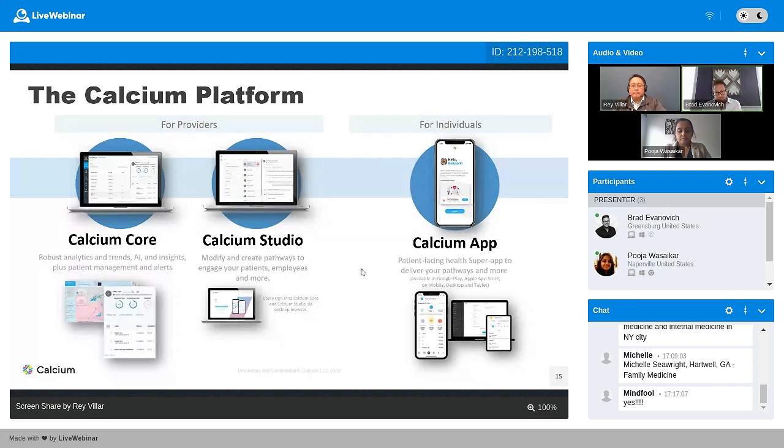So your standard, more traditional blood pressure devices, weight scales, glucometers, peak flow meters, just to name a few, but also your wearables, your Apple Health, your Garmin, your Fitbits, all coming into a smartphone environment and coming back into Calcium Core so that you and the patient can discuss what is best suited for their treatment plan.